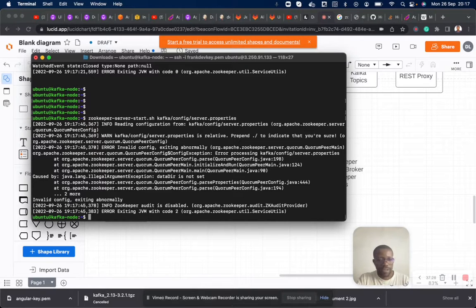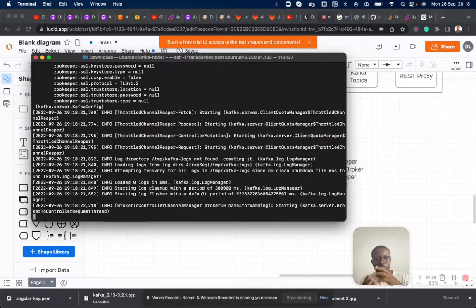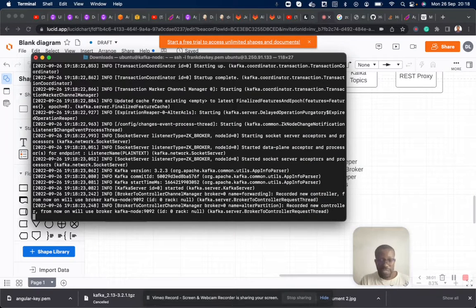Oh, sorry, Kafka scripts. All right. Kafka server. This is for Kafka itself. Zookeeper server start is for Zookeeper. Then Kafka server start and stop is for Kafka. All right. So let's start it. Then I'll say my Kafka directory config, then server.properties. So this also is going to take hold of my terminal. You can see my Kafka server broker is up.